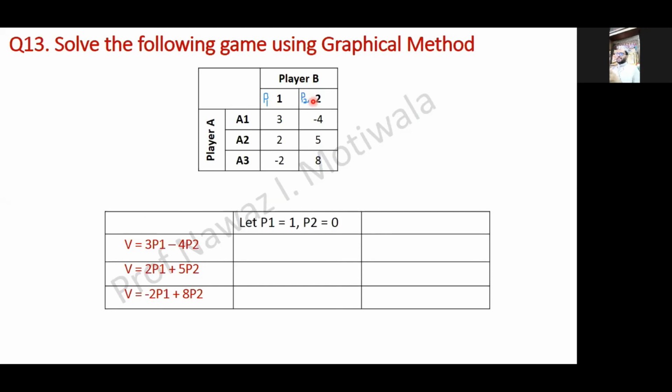First, I am assuming that player A will move with strategy 1 only. So I have written P1 is equal to 1, P2 equal to 0. My second assumption will be player B is following only strategy 2. Hence, I will write P1 is equal to 0 and P2 equal to 1. Now, to find out the values, you just need to put these values in the equations which we have formed, and I will get these as my values of the game. Any doubts now? Sir, the minus and plus signs, do they depend on the number in front? Yes. Yes.